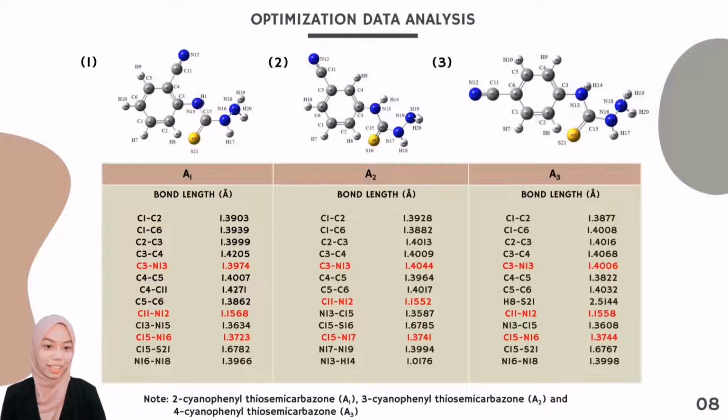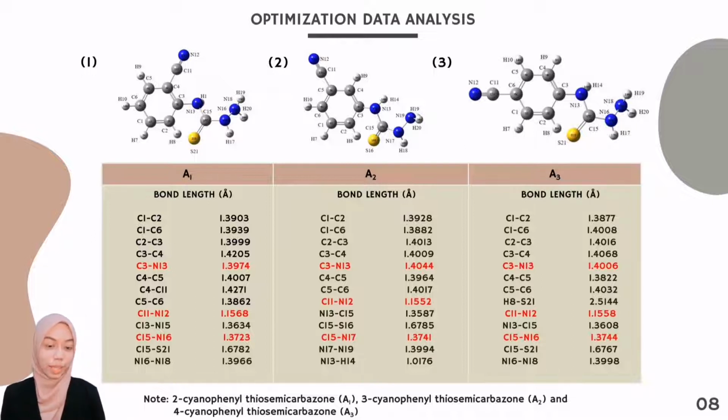Moreover, the CC bond length in the 6-member ring of A1, A2, and A3 was observed to fall within the range of 1.39 to 1.4. Previous researchers state that the value for the bond length of CH might be slightly different due to the charge distribution of the carbon atom of the phenyl ring. The electron withdrawing group attached to the phenyl ring in A1, A2, and A3 may reduce the density of electrons in carbon atoms bonded to the ring. Hence, the carbon atom on the phenyl ring will distort the valence electron cloud of hydrogen bonded to them, resulting in a higher CH force constant and lower bond length of CH.